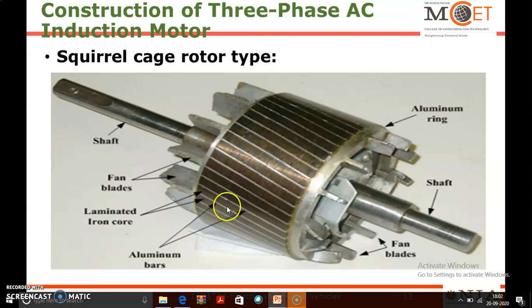This aluminum bar or copper bar, whichever has been used in the squirrel cage type rotor, is used to connect the rotor conductors which have been placed in the rotor slots. So this is the idea of the construction parts of the